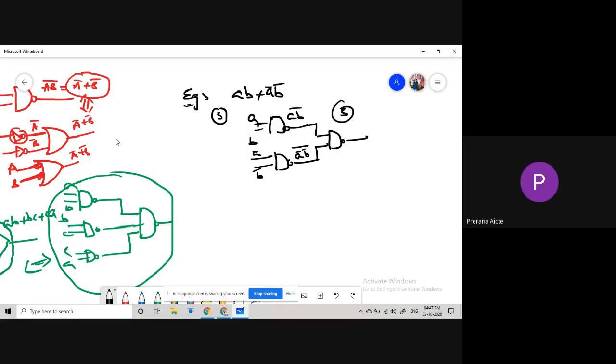Yes, sir. First thing, please observe this one. It is in the form of an XNOR gate, A XNOR B, right? Yes, sir. How many NAND gates are required for that XNOR gate? Already people know about this one. 5 NAND gates are required. Yeah, AB plus A bar B bar, 5. So 5 NAND gates are required.